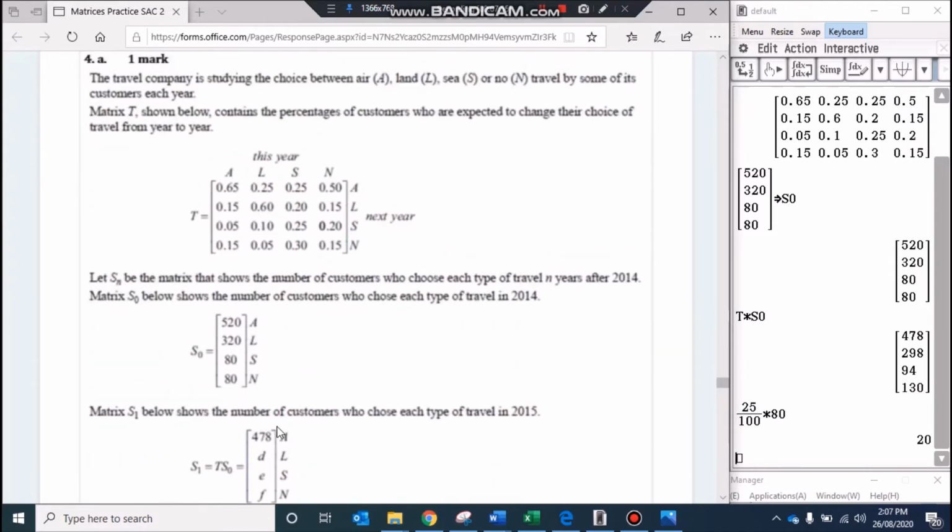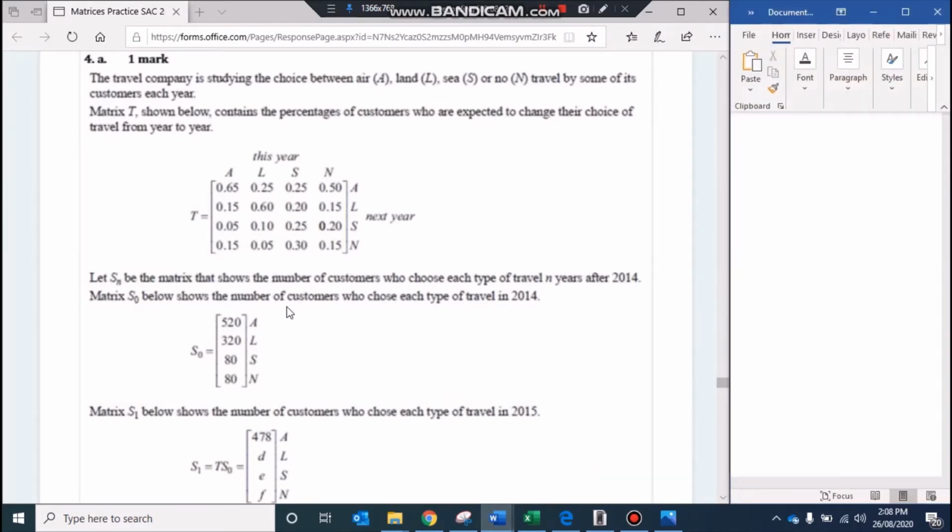We want to know, of those 478 people, how many of them also chose air travel in 2014? So what we want to know is, of these 2014 people, how many of them chose air travel again? So there was 520 people in 2014 that chose air travel. How many of those people are now included in the 478? So what we want to ask ourselves is,